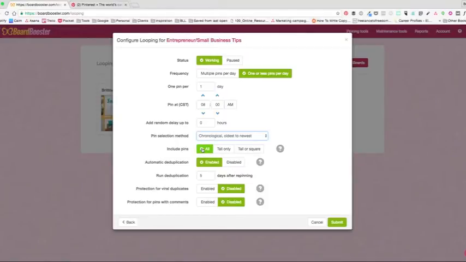I include all. The deduplication, I always enable this because I prefer to not have duplicate pins. Some people are of a different mindset, that it's okay. And in some cases, I think it's fine to have multiple pins, especially if you have a viral pin. So say you had a pin that went viral and it got thousands and thousands of repins. If you had this disabled, then